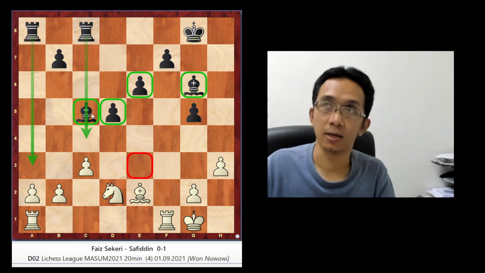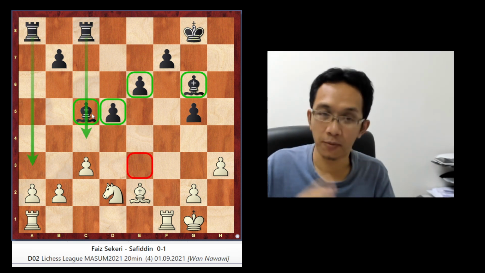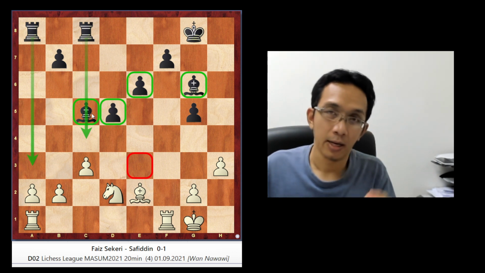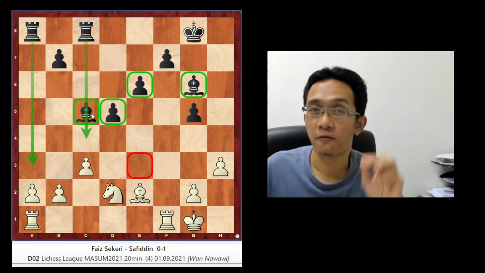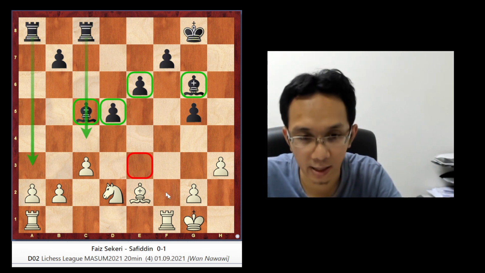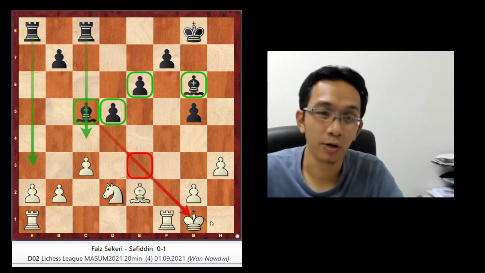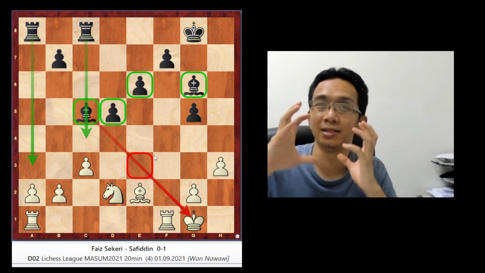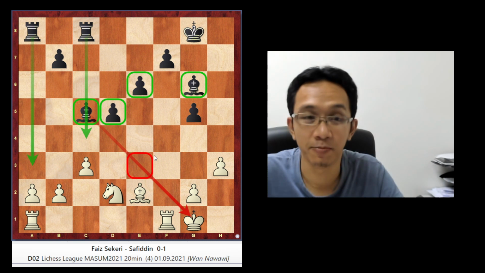As I said, if you have opposite-color bishops in the middlegame, the opposite-color bishop favors the attacker. Because here you see the bishop is raking this diagonal. No white piece can challenge this bishop.